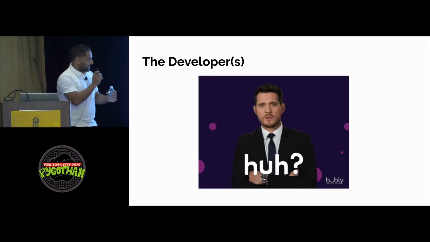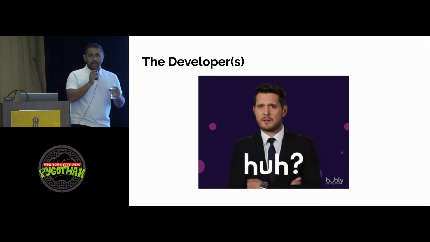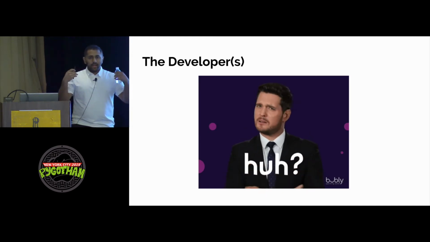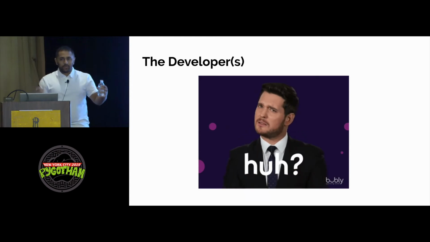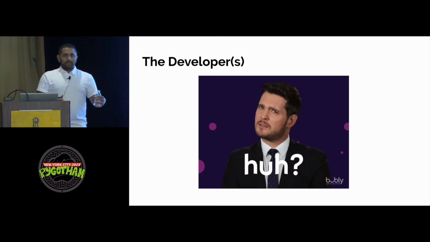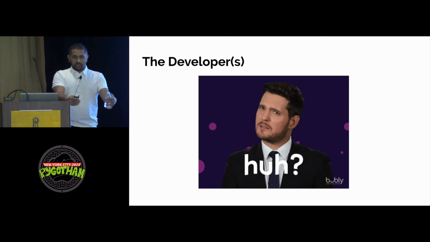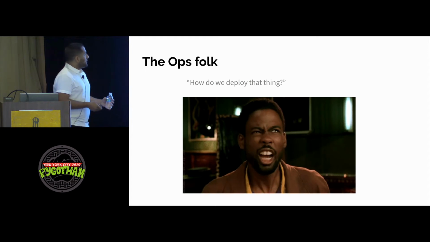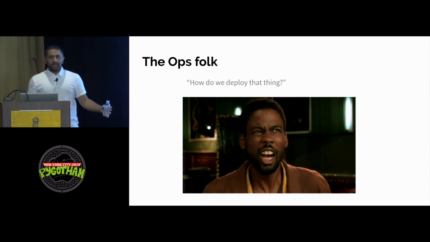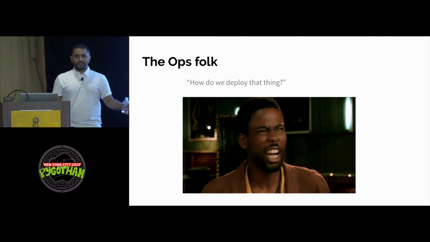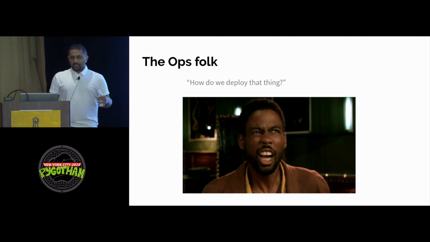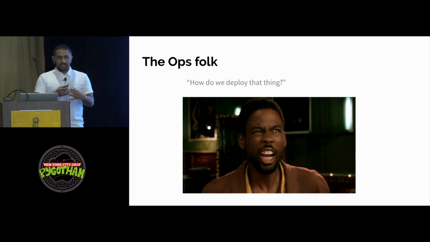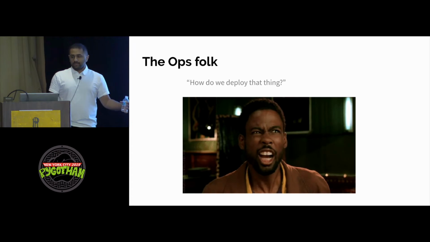Then come the developers. They're like, you've given us so much stuff, but we don't quite understand it. What do we do with this information? How do we build software that serves the supposedly amazing science that you've given us, right? And there's the ops folk. The ops folk are like, how do we deploy that? How do we deploy software that doesn't exist? Or how do we deploy science? So they are stuck in a situation where they do not know what they're dealing with. It's complete chaos.